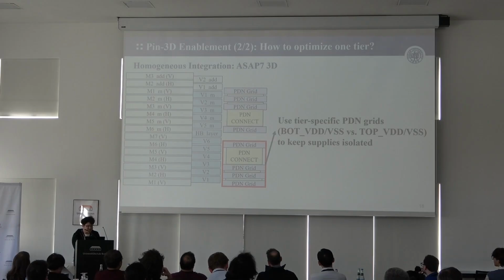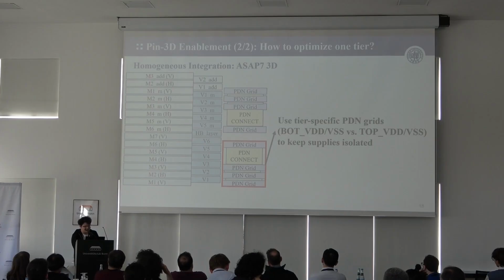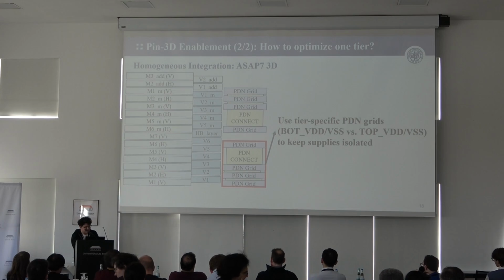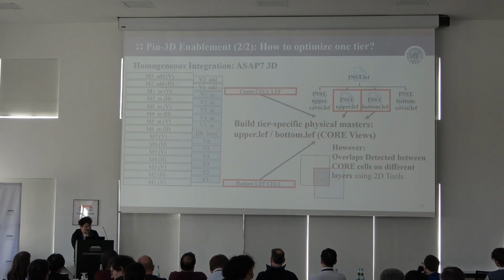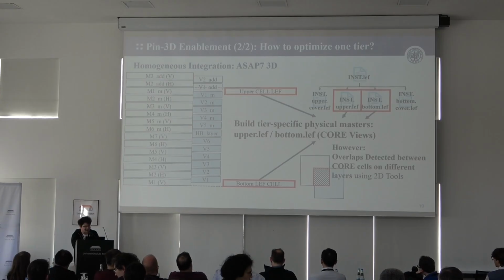And this slide shows how we support tier-by-tier optimization. We build tier-specific PDN grids, and this separation is especially important for heterogeneous integration. And to support die-by-die optimization, we generate tier-specific physical views. For each LEF view, we generate upper.lef and bottom.lef with the correct layer mapping and